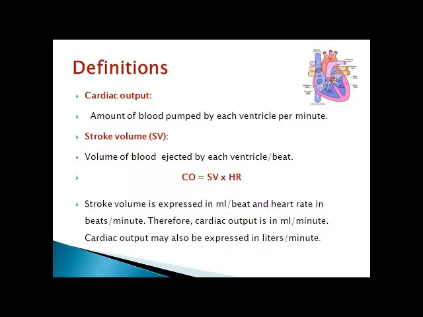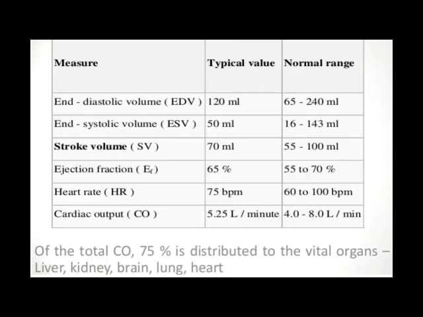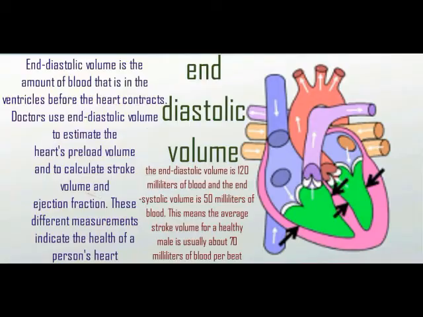The normal range of cardiac output is 4 to 8 liters per minute but can vary depending on the body's metabolic needs. Here, a few terms need to be elaborated before going further into details. These terms are very important to understand the later part of the lecture. One is the end diastolic volume, which is the amount of blood that is in the ventricles just before the heart contracts. Doctors use end diastolic volume to estimate the heart's preload volume and to calculate the stroke volume